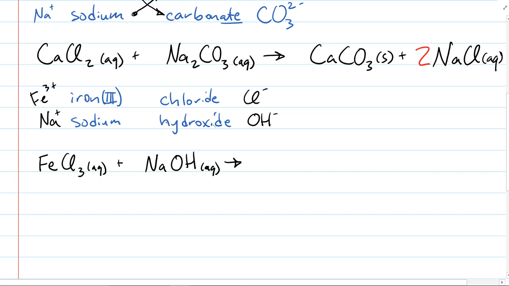So the positive ions are going to trade places. If they trade places, iron 3 will now pair up with hydroxide. Sodium will pair up with chloride. So now we write out the formulas for the products. We have iron 3 hydroxide. If we now combine these two together, formula is going to be Fe